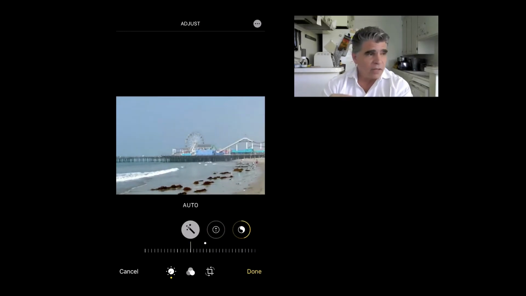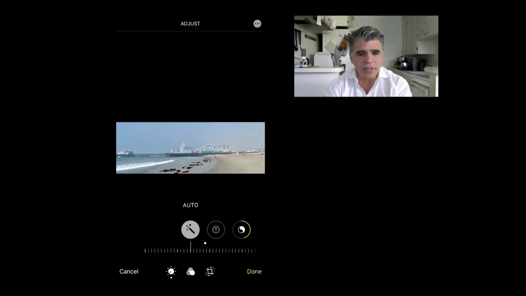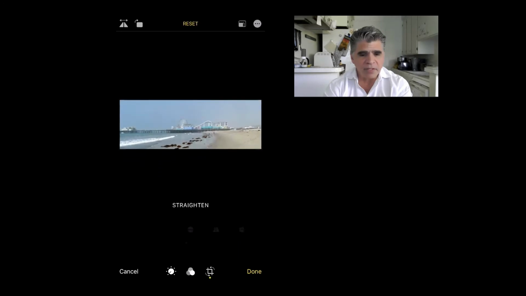I read the programmer notes for how Photos works. I don't know how I lucked into finding it, but it's a fantastic document, and believe me, it's complicated. So this is good. I still think I'm going to zoom back out and make sure I've got my picture the way I like it. I think I'm going to move this. Let me go back to my cropping. I think I'm better off